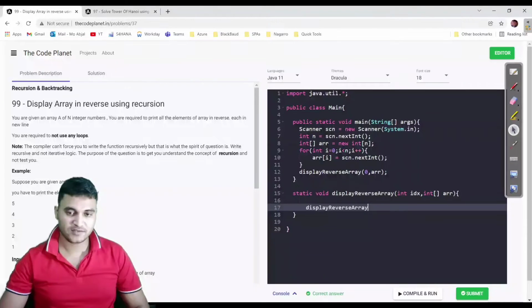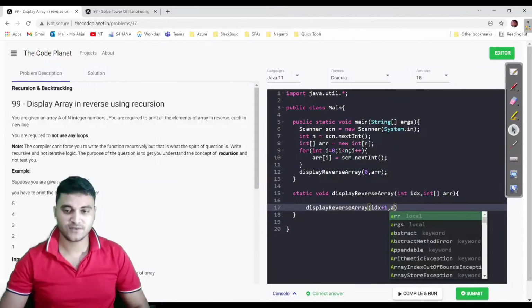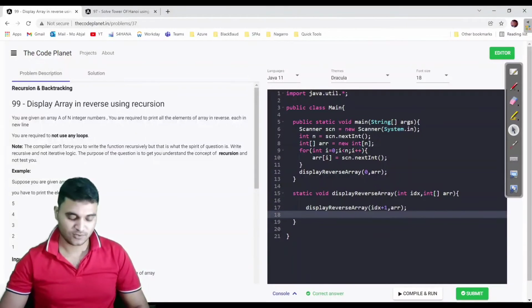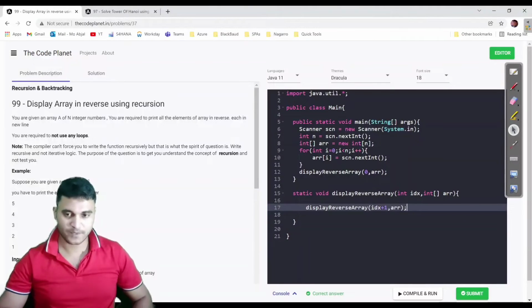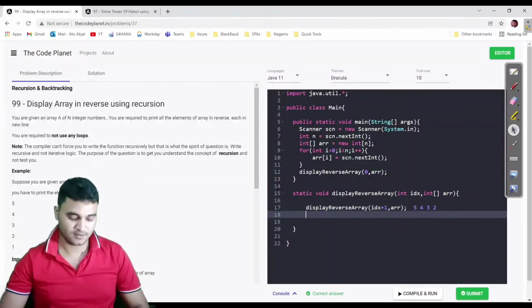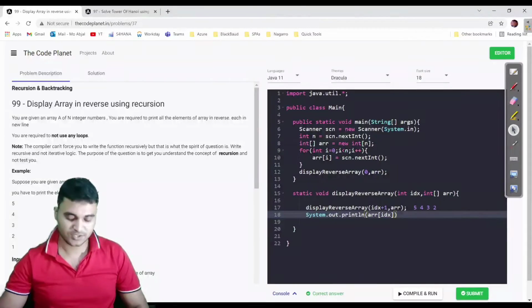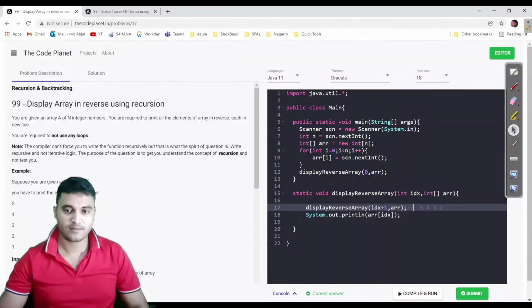But my faith says if I pass index, which is 0 initially, plus 1 to the same function, it will print all the elements from the top to the first index, 5, 4, 3, 2. So can't I print the last element manually, which is arr of idx, because idx is 0 initially? My code is done.